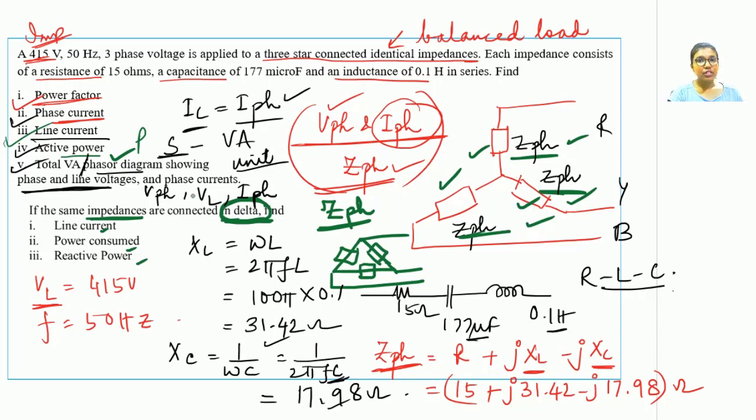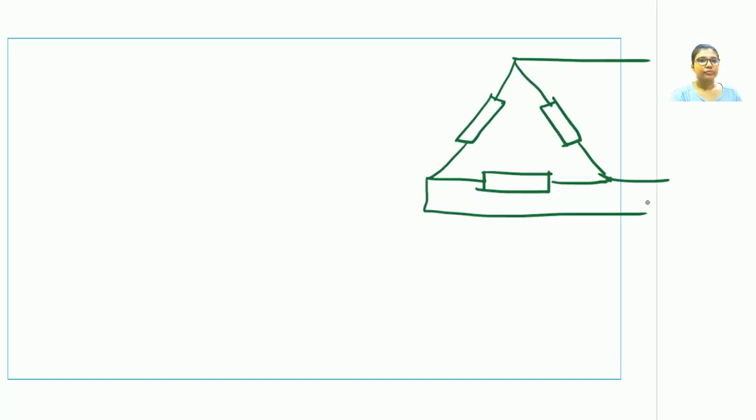So let us now first draw the connection, then we'll move forward with the bits. The same loads are connected in delta. So I'm drawing a delta connection first. Now this is a complete delta connection. This is R, Y, B. This is the load impedance in every phase. Now since it has been clearly mentioned that the same impedances are connected in delta, I did not compute the value of delta once again. The value of delta would remain the same.